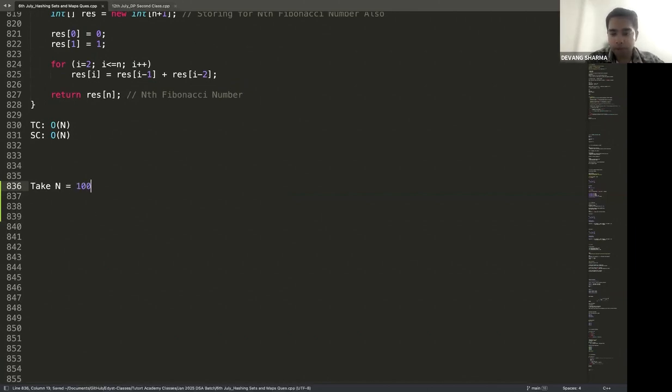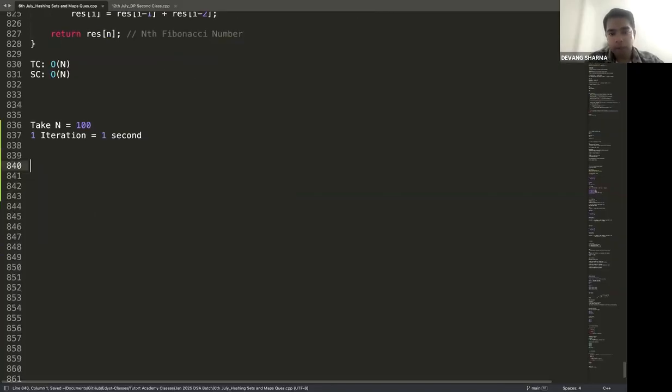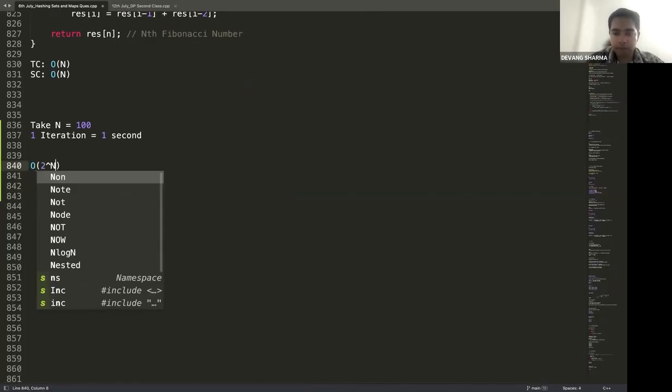If you take n equal to 100, for example, assuming that your one iteration takes 1 second, if I talk about calculating the 100th Fibonacci number, if I write it in recursion,